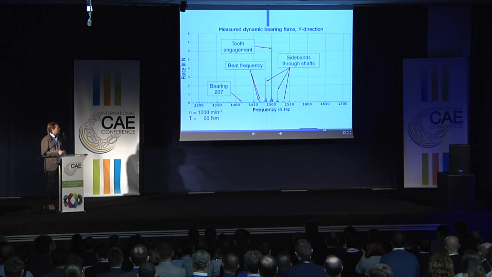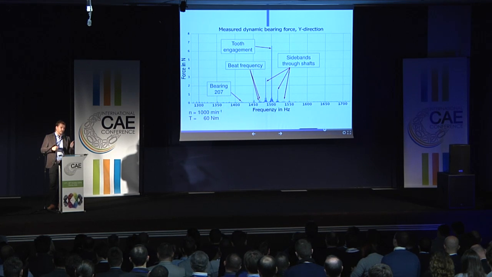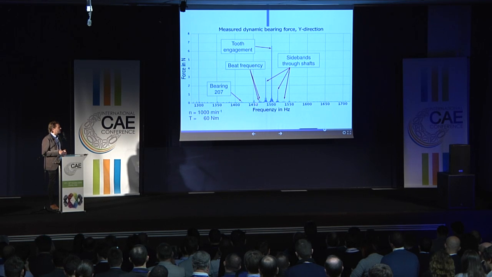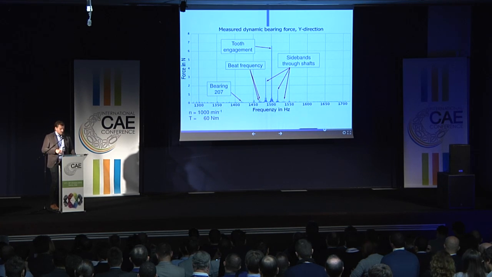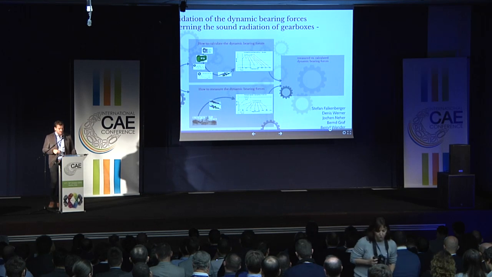And what else do we see? We are having a beat frequency. What is a beat frequency? Beat frequency is a frequency which occurs when 2 shafts are spinning at almost the same frequency. So if shaft number 1 is spinning at 10 Hertz and shaft number 2 is spinning at 12 Hertz, the difference is 2 Hertz, so the beat frequency is going to be 2 Hertz. And this beat frequency produces side bands as well, all over the frequency band. And we can measure this in the bearing right here. Imagine we are below 1 Newton right here, so very sensitive sensors. Okay, so now we know how we calculate dynamic bearing forces, and we know how we measure dynamic bearing forces.